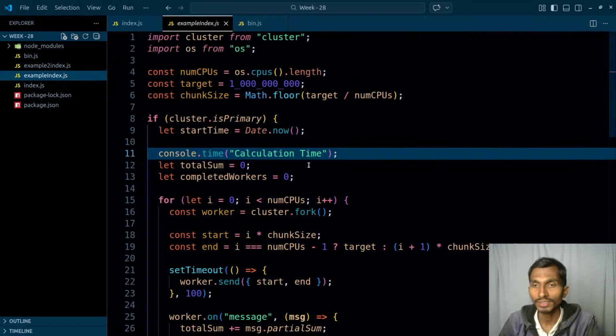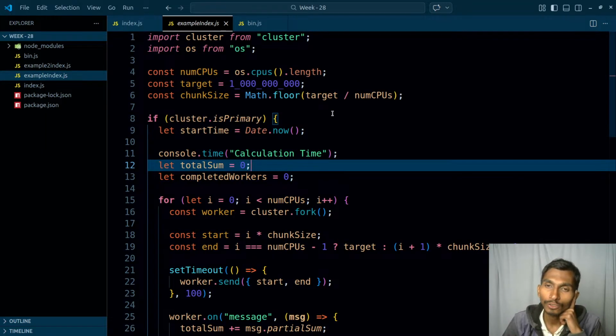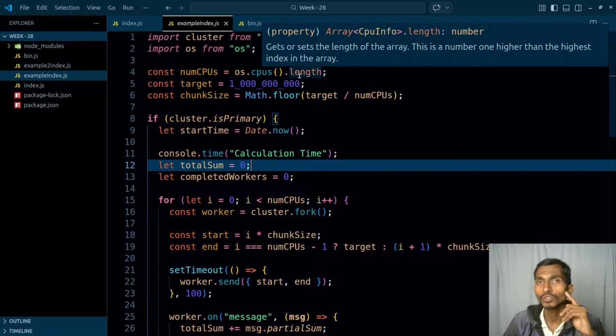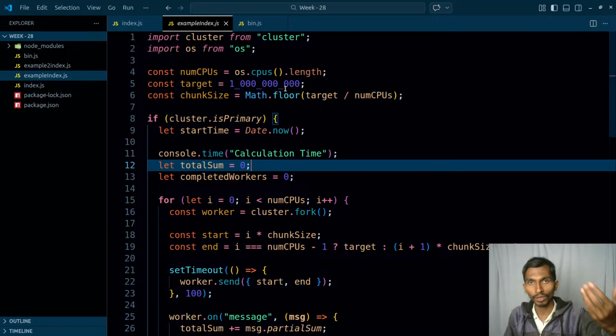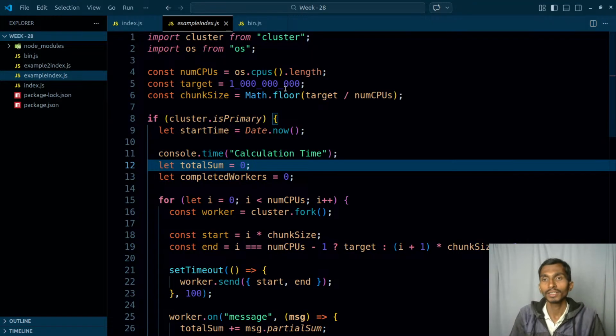The second thing was this: suppose I have to calculate the sum of a very big number, right? If I go the single-threaded way, ultimately that process will only use a single thread. That simply means it will take a long time. But if that is a really big number, and if I make it a multi-threaded process, so one process will be using multiple cores, that simply means it will be able to get the job done quickly, right?